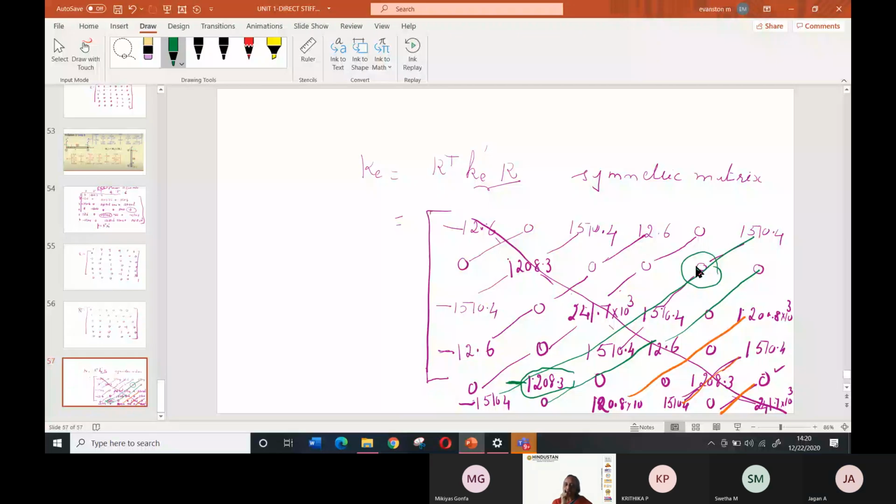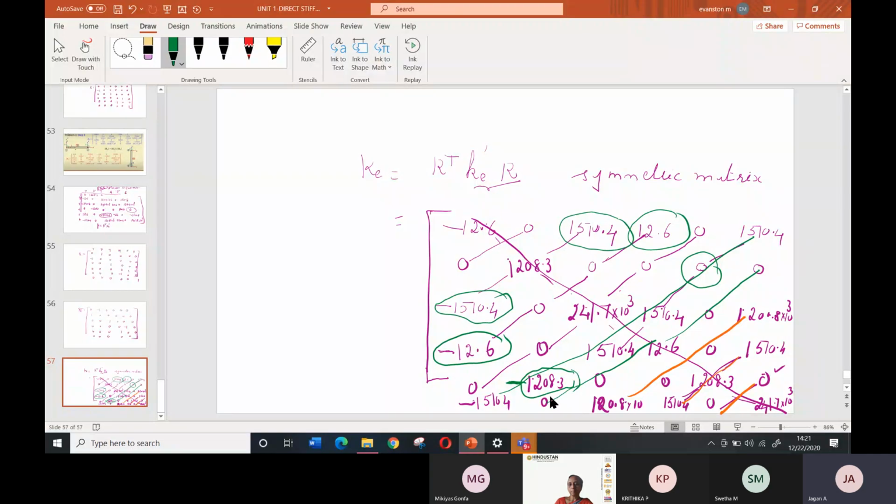This is the way you have to find it out. And similarly, what about this? Whatever I am circling there, you should check the sign also. All the other values are equal. It's correct. Only whatever I have circled in green should be checked out.